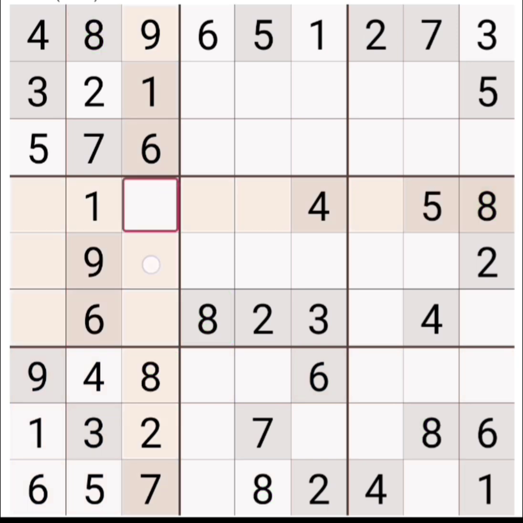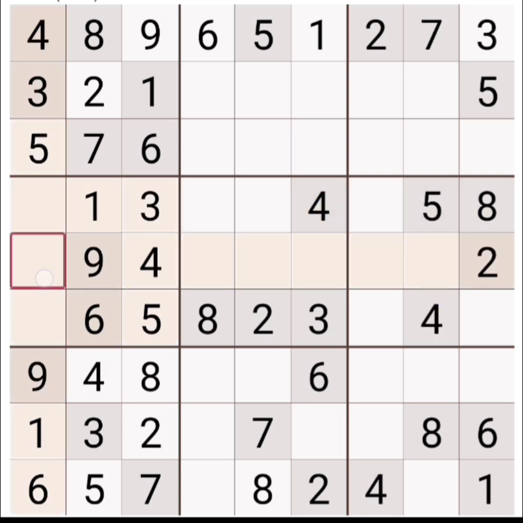Now let us complete the third column. In this column, 9, 1, 6, 8, 2, 7 are there. 3, 4 and 5 are missing. Sorry, we cannot write 4 and 5 in this cell because 4 and 5 are there on the right hand side of this row. So we'll write 3 here. And 4 we cannot write in this cell because 4 is there in the extreme right of this cell. So we'll write 5 here and 4 in this cell.